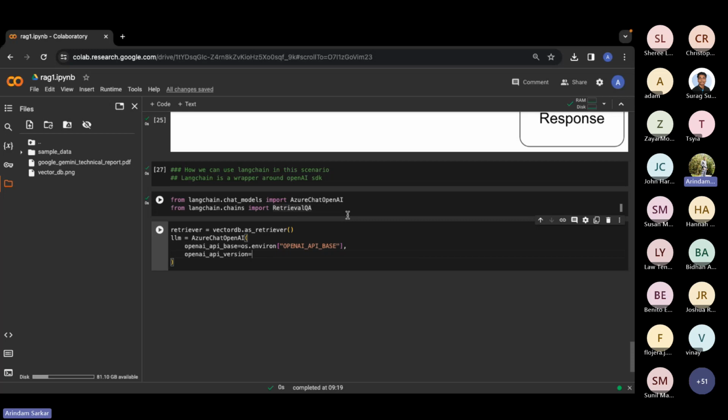It will be, let me just hard code this, 2023-15.